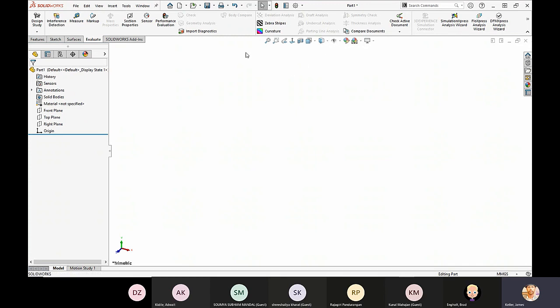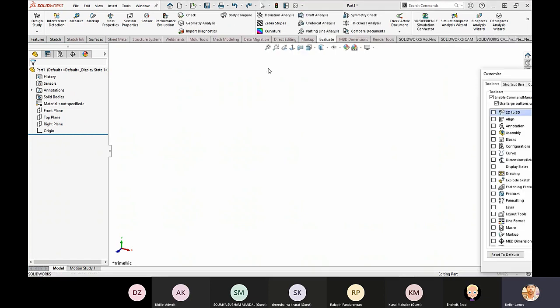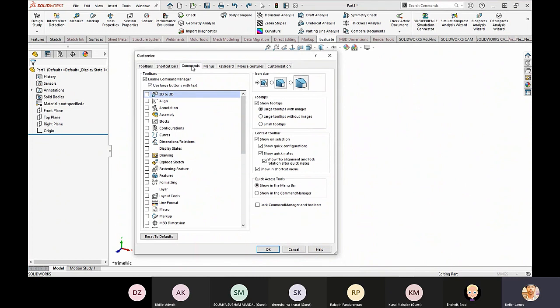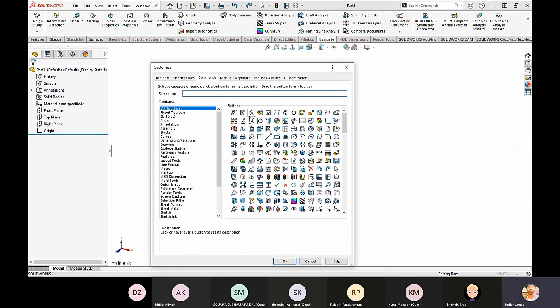So I can show you real quickly how you might be able to change that. If you right click on any Command Manager tab or existing ribbon, you can go to the Customize option. And then here you can look at commands and literally drag commands almost anywhere you'd like. So if I say wanted to have a new document up here, I could just drag that and add that